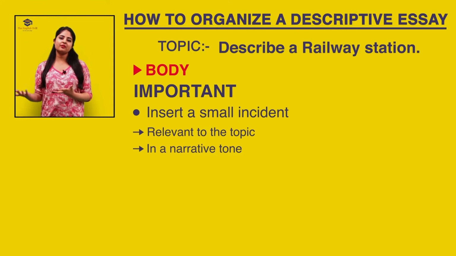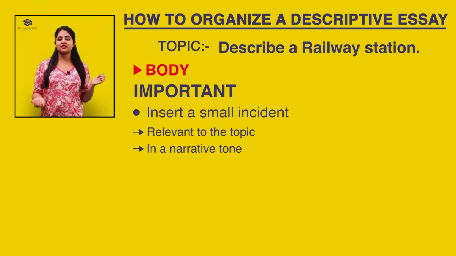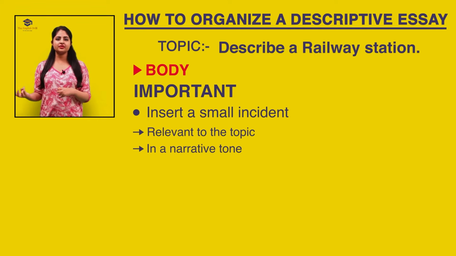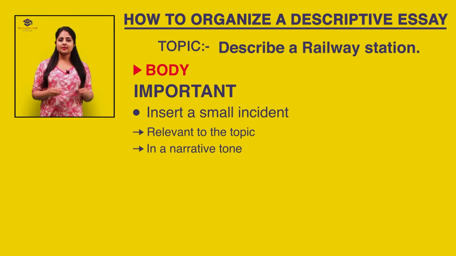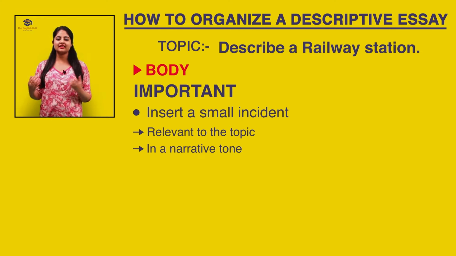But if your topic was describe your experience at a book fair or describe your experience at a museum, then these incidents could be relevant to a book fair or a museum, whatever your need might be, whatever your essay topic might be. So here you have to add a small but very relevant incident that happens particularly in railway